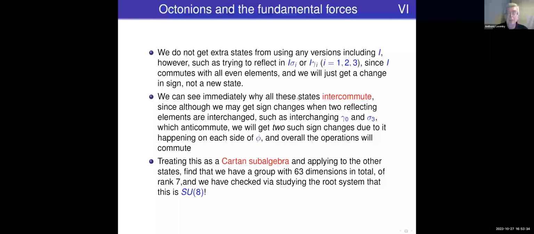Because although you may get sign changes when 2 reflecting elements are interchanged, such as interchanging gamma naught and sigma 3, which anticommute, you'll get 2 such sign changes due to it happening each side of phi. This is a nice thing about reflections, and overall the operations will commute. So if we do treat this as a Cartan subalgebra and apply it to the other states, we find we've got a group with 63 dimensions in total of rank 7,